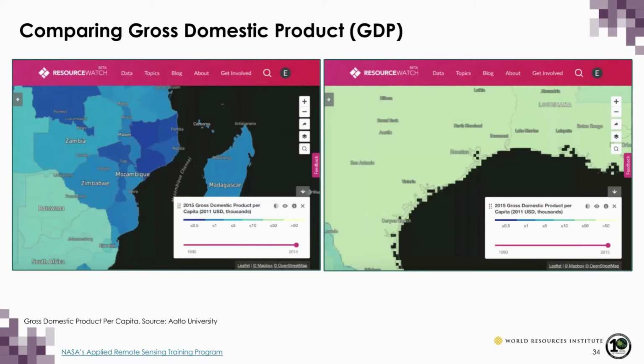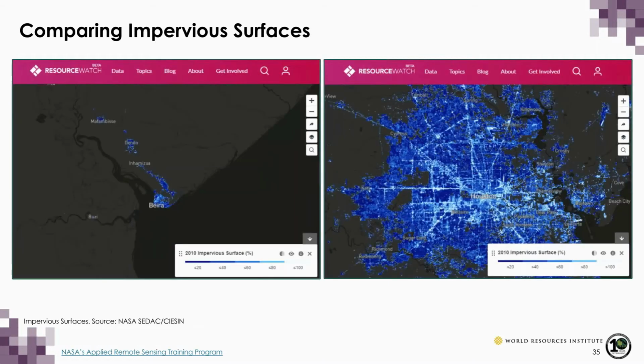So first, let's take a look at GDP. GDP is a good indicator telling you how well an area's economy is doing. So we're looking at the GDP of Mozambique and the surrounding area on the left and the Houston area on the right. And you can see these light colors are higher GDP. So Houston has a much higher GDP than Mozambique and the surrounding area. And what this tells us is not only how well a location can prepare for a natural disaster like this, but also what capacity they have to respond after a natural disaster has happened. So this can tell us how much aid we might need to send into a location and how well a place might be able to recover from that disaster.